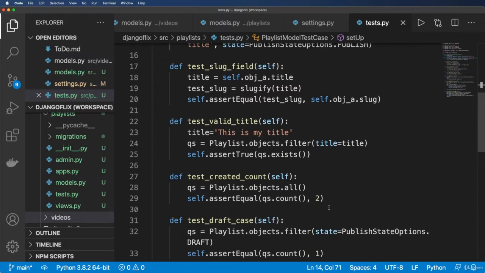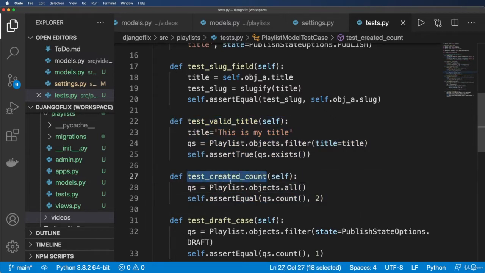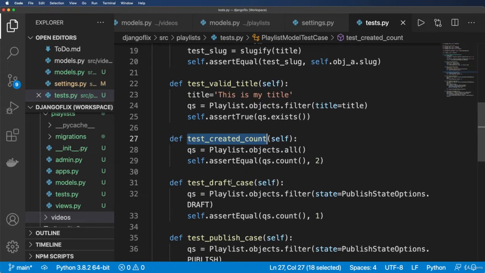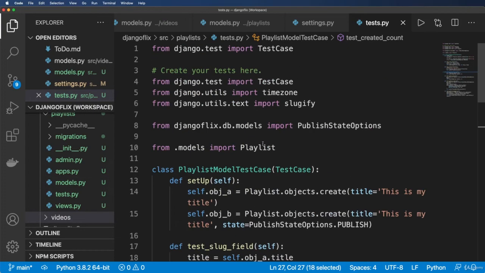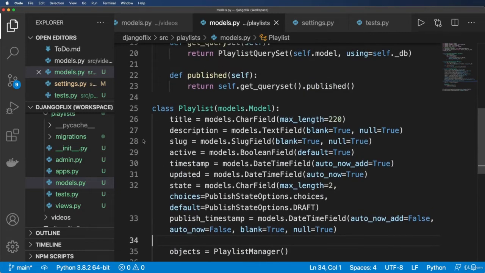Another one being that perhaps I want to just remove some of these tests and not have them. Do I really need a test created count? Maybe, but maybe not. I'll leave it in for now. But let's get to the actual meat and potatoes of this, and that is adding our first foreign key and